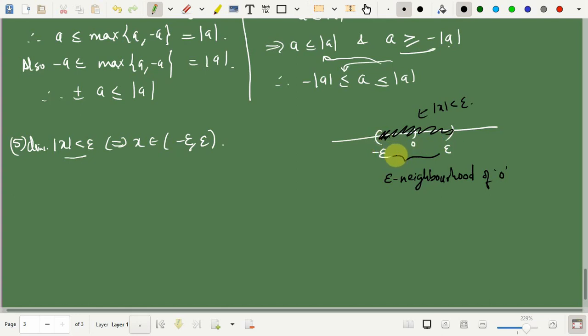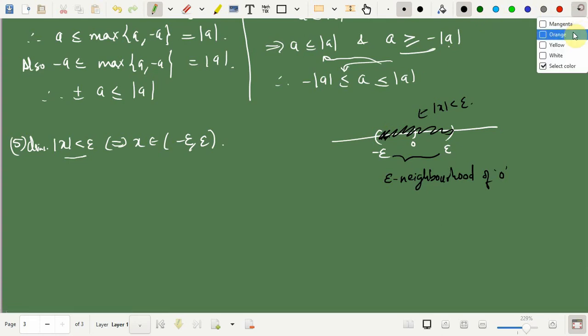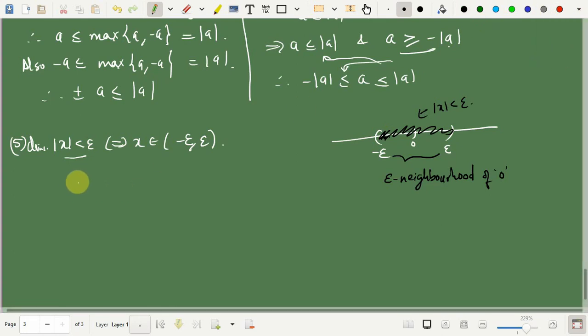And in the next case, where we are discussing the interval (a minus epsilon, a plus epsilon), there the center is a, and therefore that's called the epsilon neighborhood of a, or epsilon neighborhood centered at a. So we would prove this part, and we'll go for the next one. So first we have the direct implication. We assume